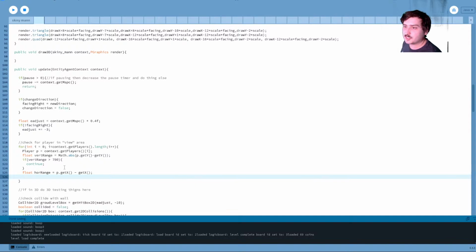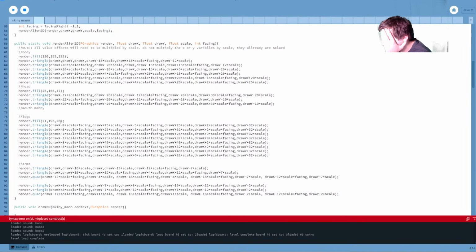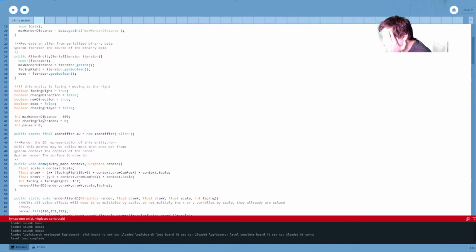Actually, the first thing we should do is check if it's within its horizontal detection range. Let's do that first, which will require an absolute value. So if the Math.abs of horRange is greater than, let's say, what, it's 300 is the max wander.